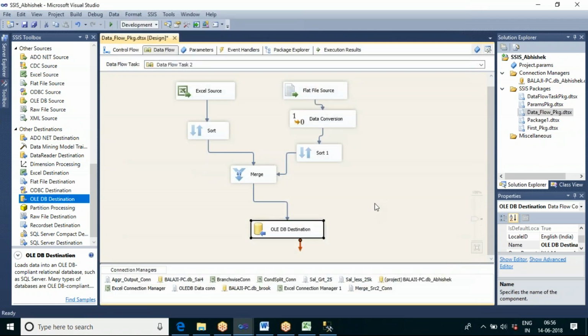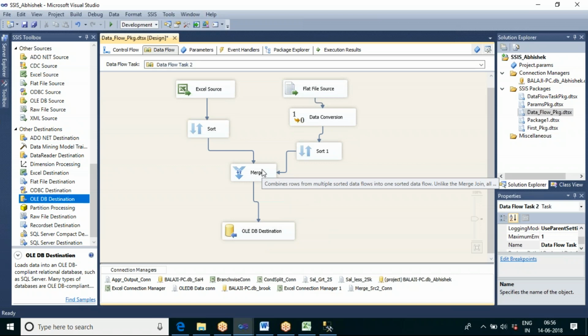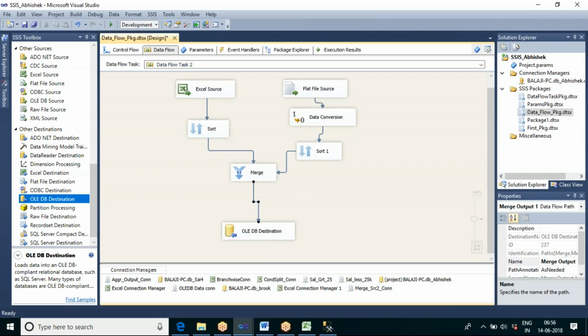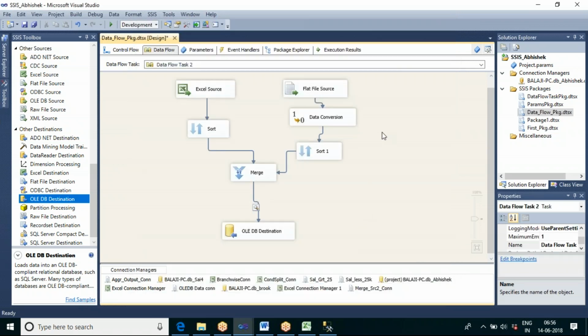As I told you, merge always takes sorted data and gives us sorted output. Now let me see the data before pushing it into the destination. Let me view the data by using the data viewer option. Now let me execute.